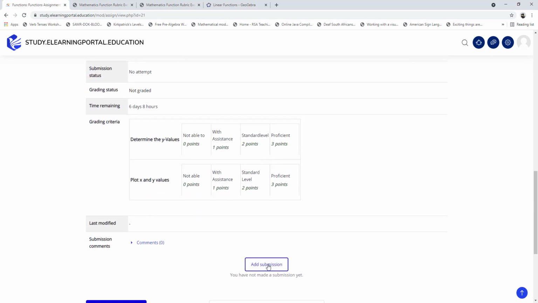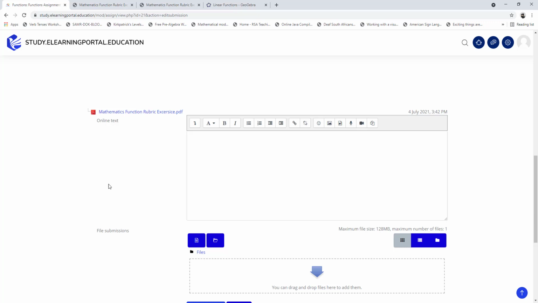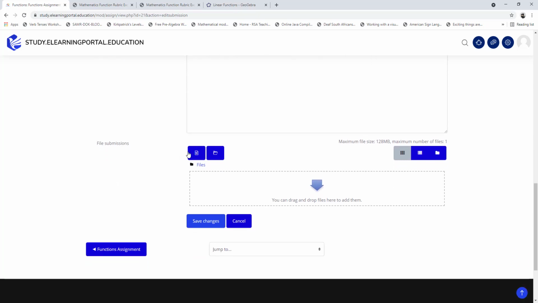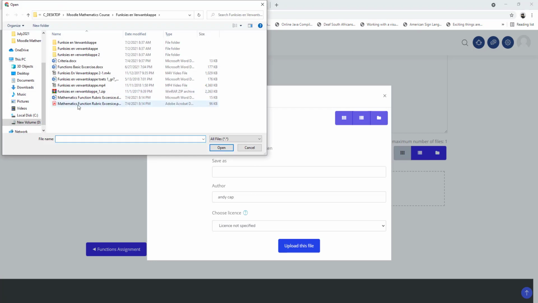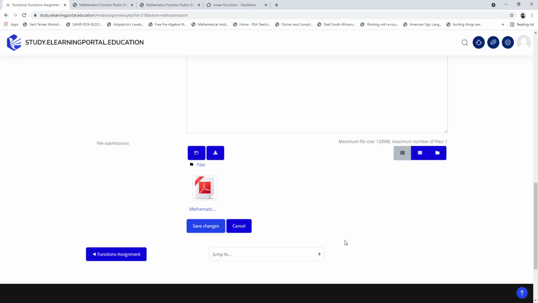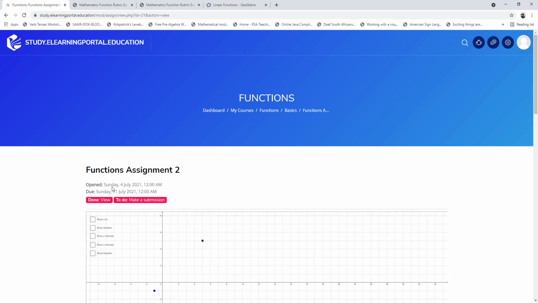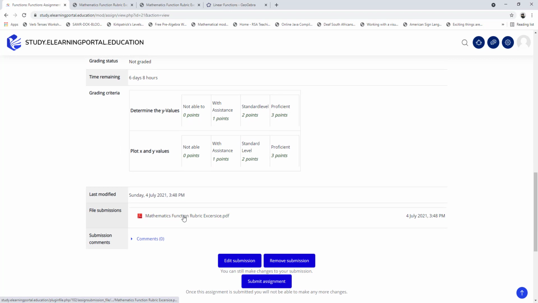Here you'll see is the rubric. Okay, so now let's click on Add Submission. Once he clicks on Add Submission, now he can upload the file by clicking on Add File. Go and find it on his computer. Upload this file. And there's the uploaded file and now he needs to click on Save Changes. Okay, so there's the file